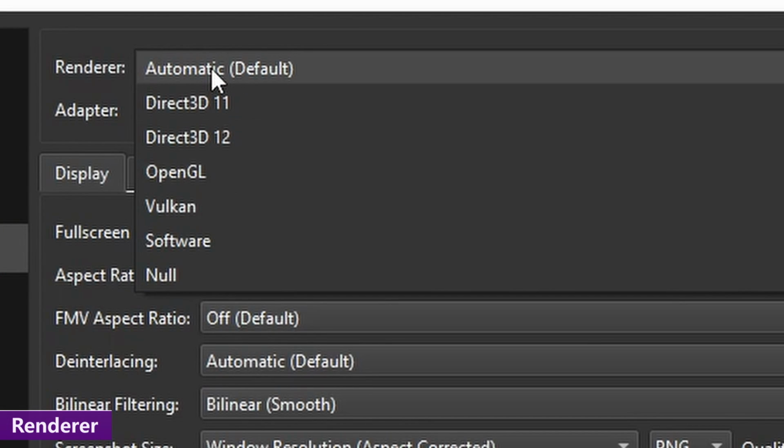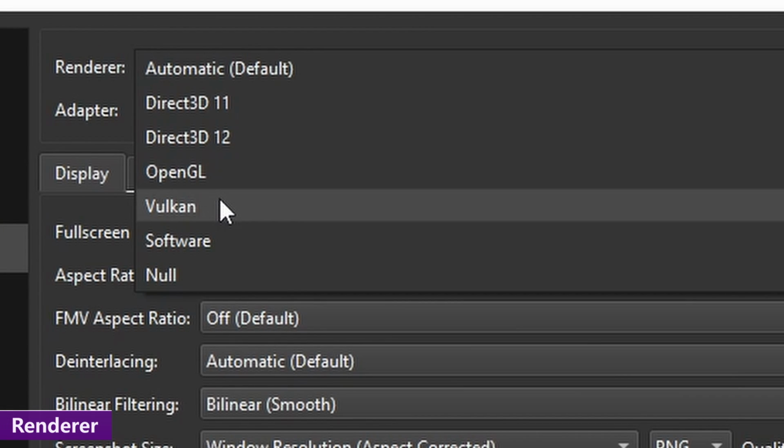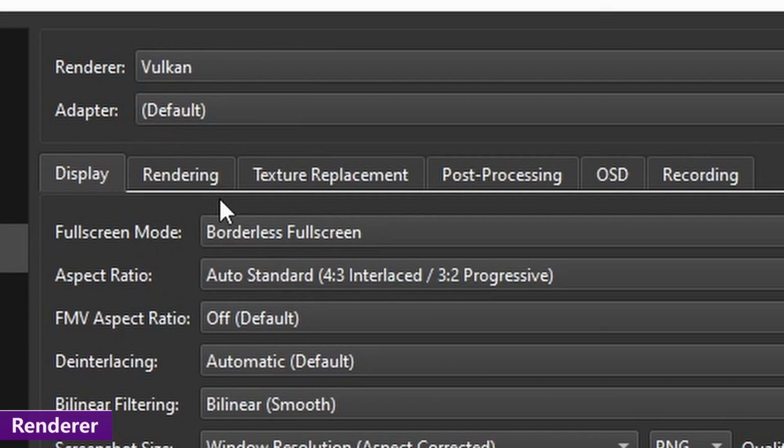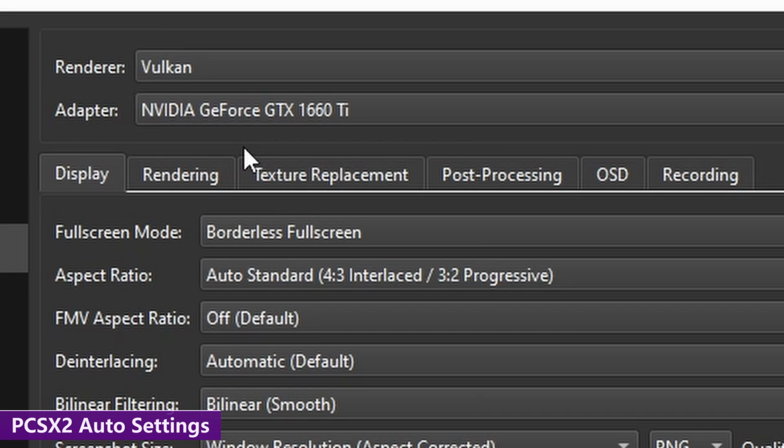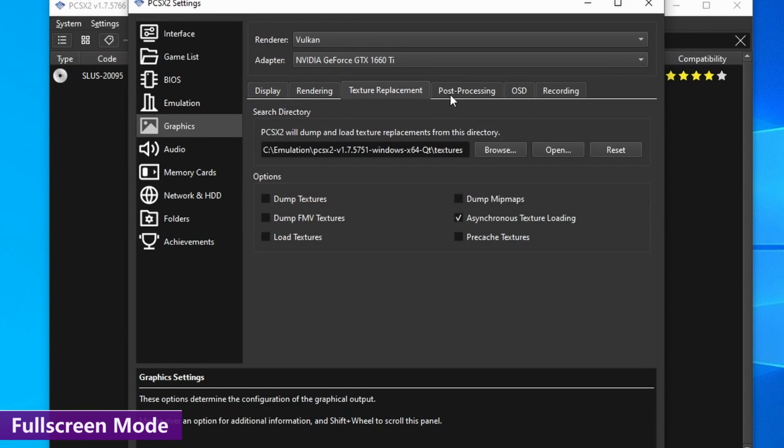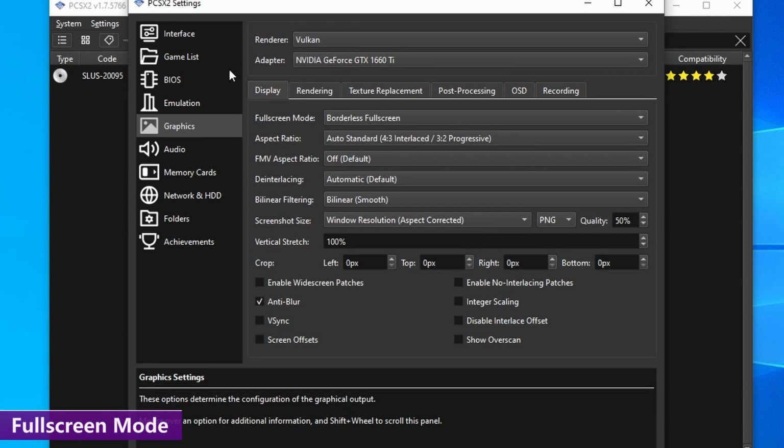You can, if you want, set this to automatic, but I recommend setting your preferred renderer. This makes it easier for troubleshooting just because you know for sure which one is being used. And for this video, I'm going to be using Vulkan. Adapter is your graphics hardware, and I recommend leaving nothing to chance and selecting your main GPU. The rest of these options are now in these nice convenient tabs, and we're going to start with display right